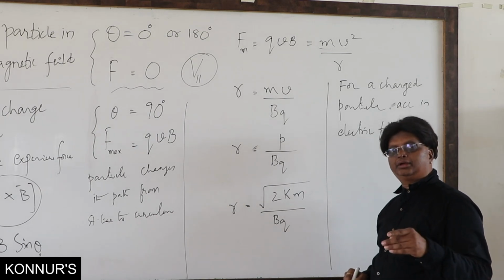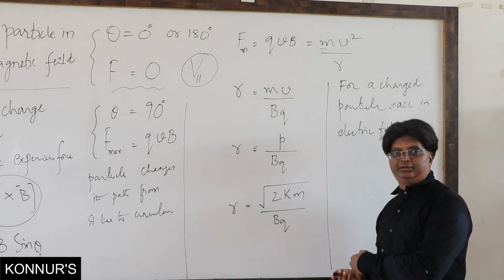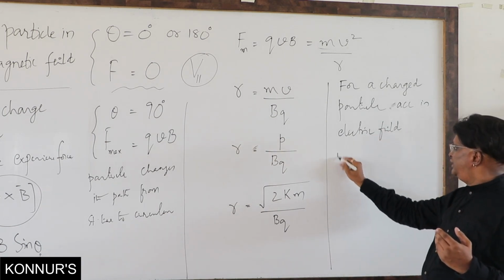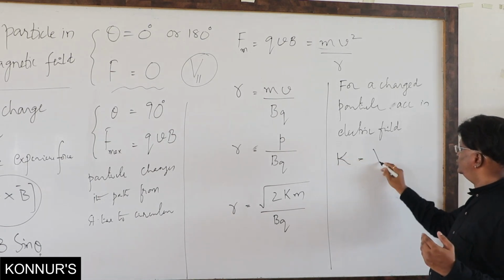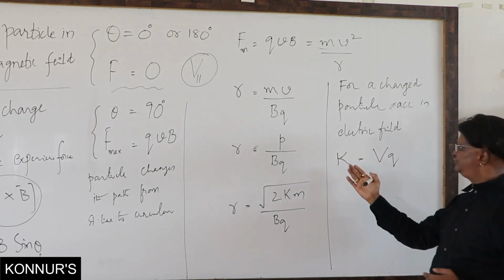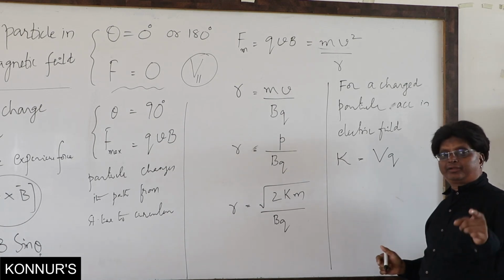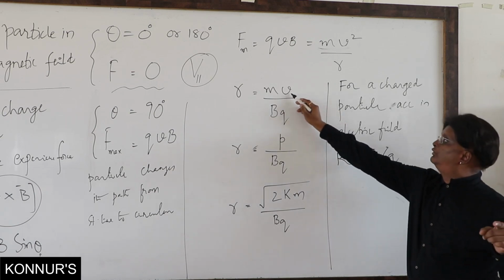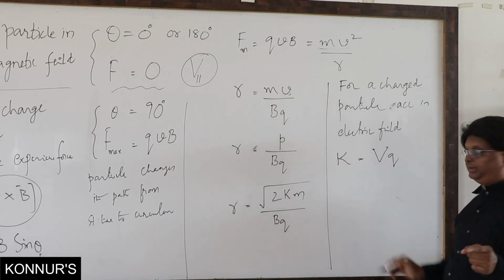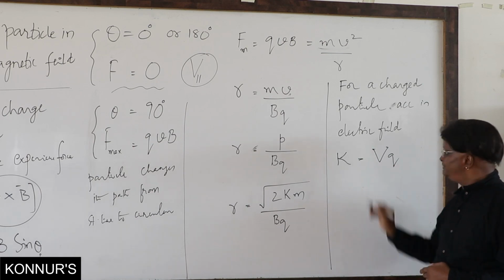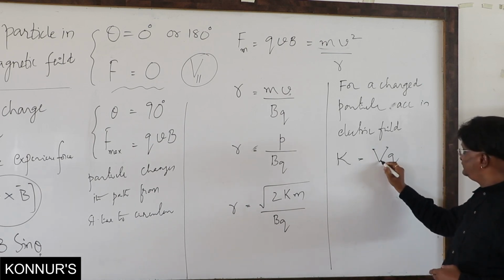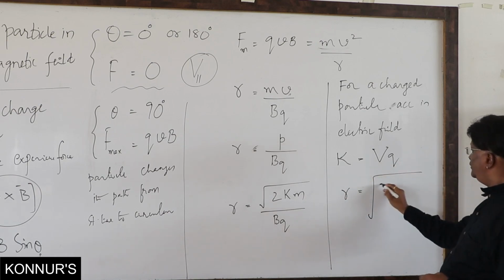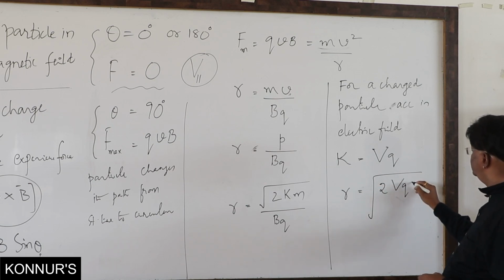How does a charged particle gain kinetic energy? It means when it is accelerated through an electric field, then our definition says K is equal to V times Q, the kinetic energy acquired by a charged particle accelerated through a potential difference of capital V. Remember, this V was a small v I have taken for velocity and this one is for potential. V times Q, potential difference times Q. Therefore, here I will write R is under root of 2VQM